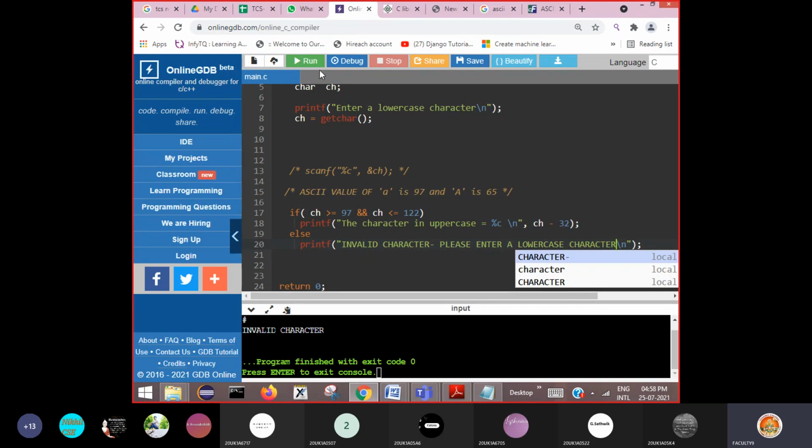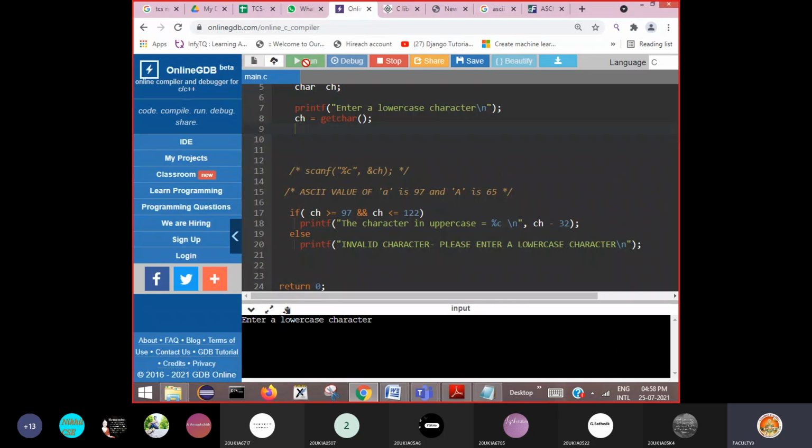Now your system is very polite towards the user. Now say if I enter at the rate, it says invalid character, please enter a lowercase character. Then the user feels shy by seeing this message, and next time he definitely enters a lowercase character.